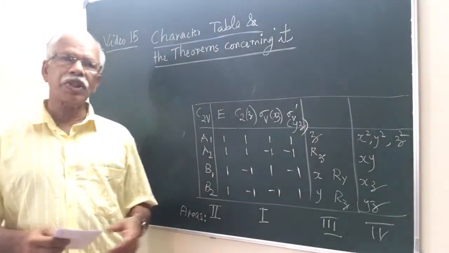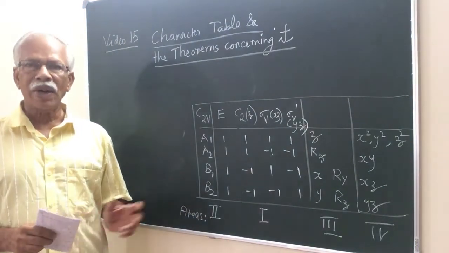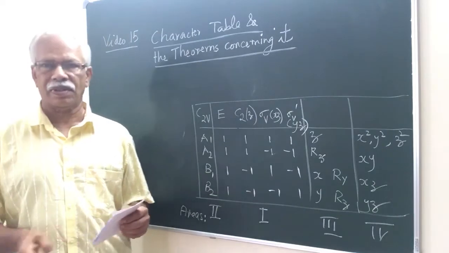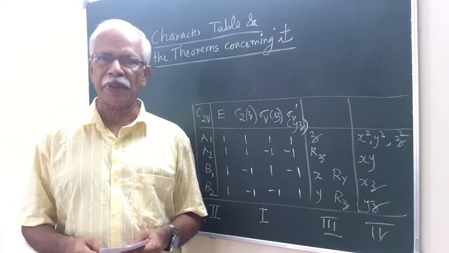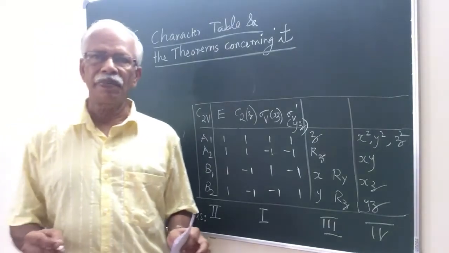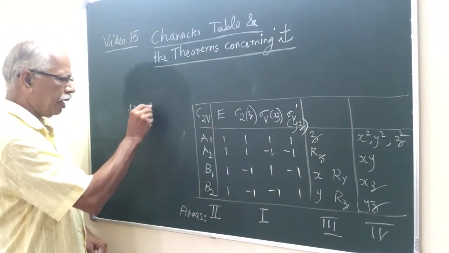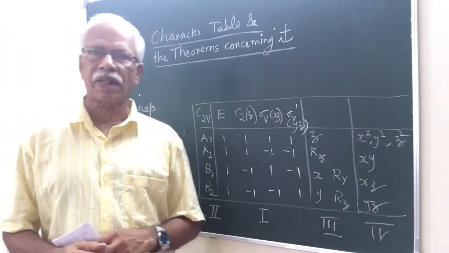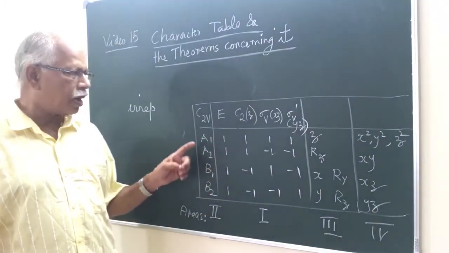For all applications of group theory to molecular problems, only the characters are important rather than the whole set of matrices corresponding to the irreducible representations. I shall call irreducible representation as IRREP. To illustrate the features of a character table, I have written on the board the character table of